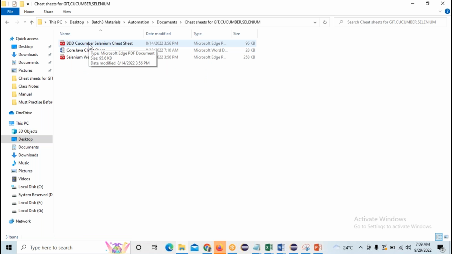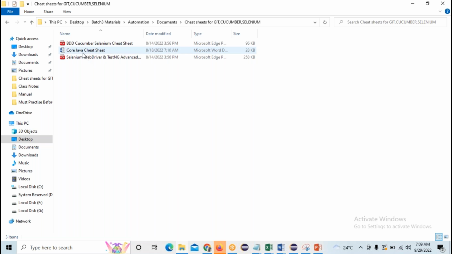For example, you have an interview at 11 o'clock today. Now it is 9 p.m. Now it is 9. You have an interview at 11. 2 hours is there to prepare for the interview. It's not possible to go through all the documents within 2 hours, right? If you go through these 3 documents, you will get more than enough knowledge.